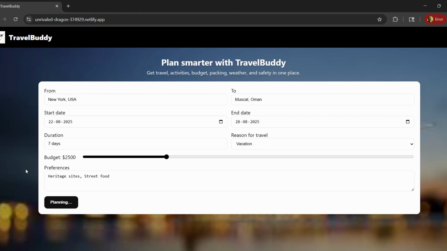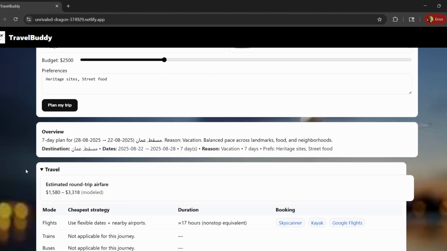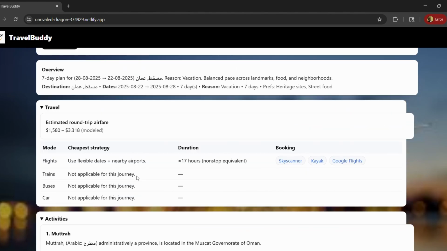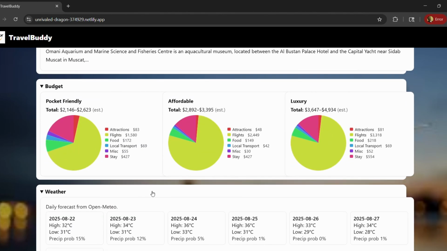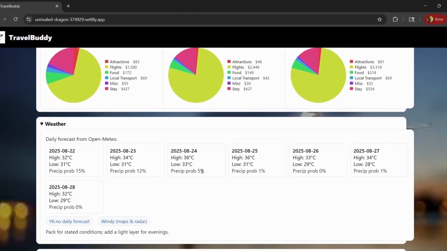What we notice here is that it gives us an estimated round trip airfare. It tells us what mode of transportation can be used and the websites to book the tickets from. It gives us the activities, the budget. The budget is divided into 3 buckets. Each bucket tells us exactly what the split is going to be, whereas you can differentiate between affordable and pocket